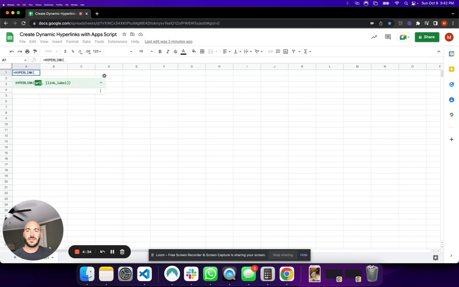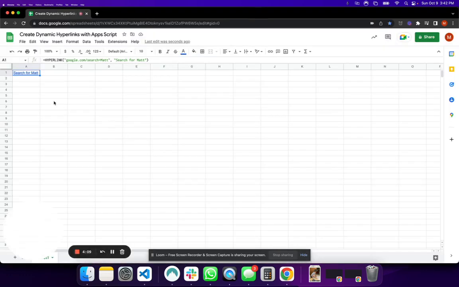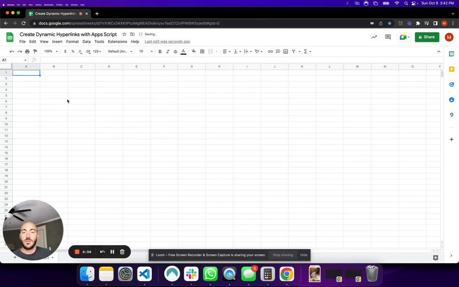But in this case, if I wanted to have, let's say, google.com/search?q=Matt, and then I wanted my label to be "search for Matt," I would essentially enter that link, right, and then that would allow me to go and click, and it would search. So that's effectively the process that we're going to try and automate,